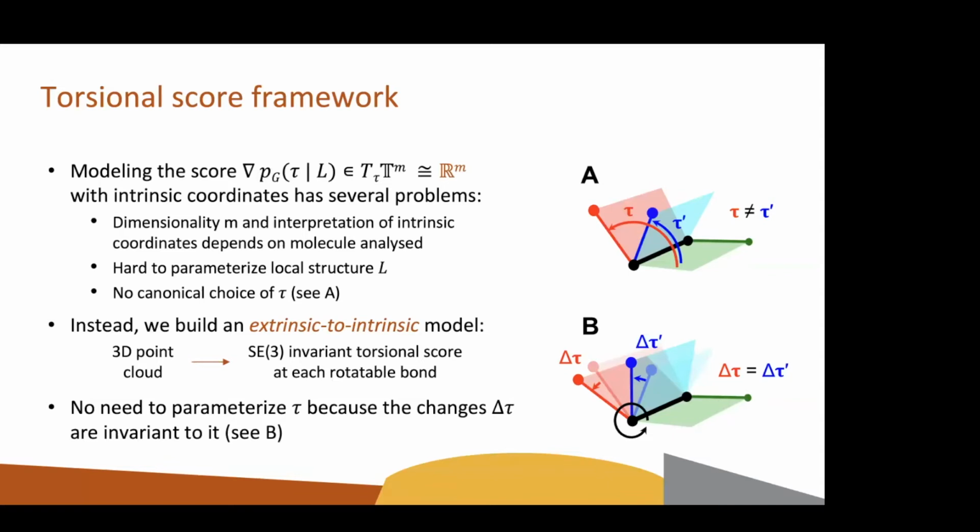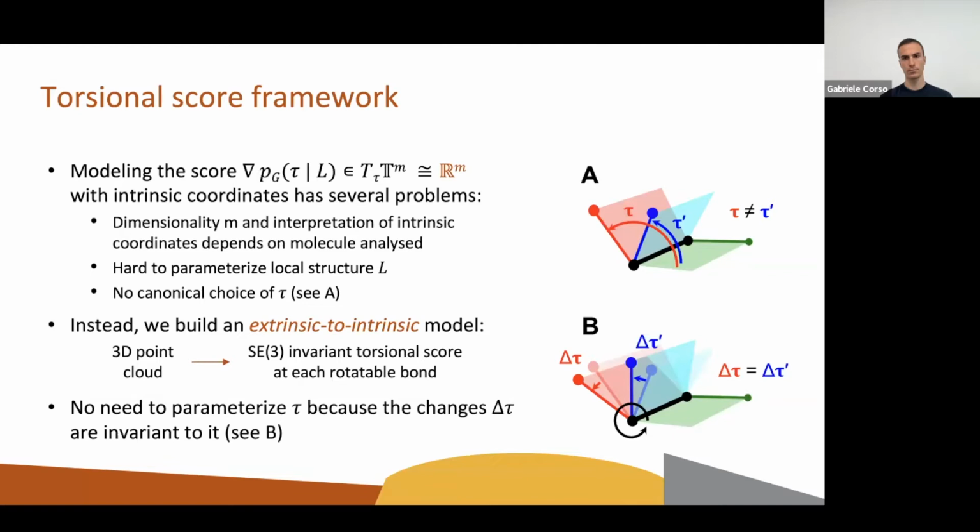Essentially, to define a torsion angle, to actually have a numerical value that you can provide to your score model, you need to choose a neighbor for each of the two bonded atoms for the bond that you're considering. And if we say we have 3 neighbors for each, maybe we can take